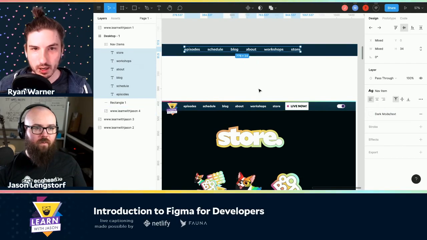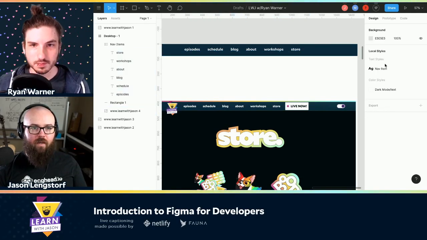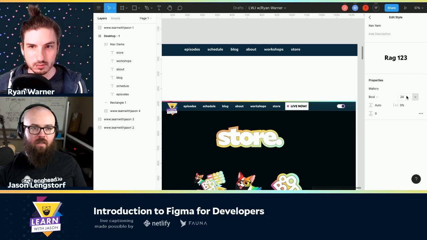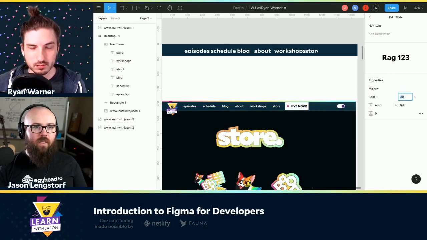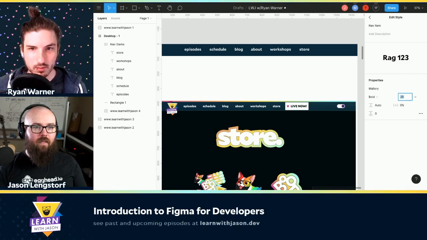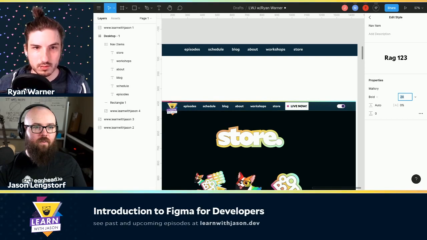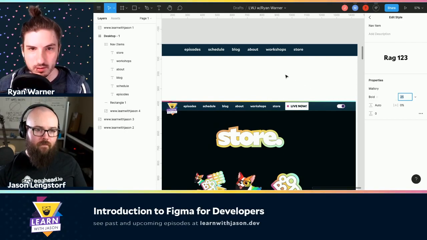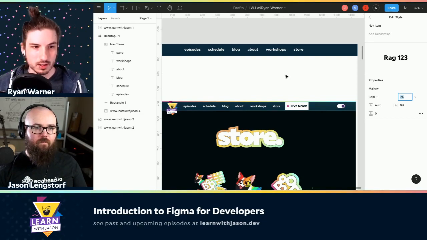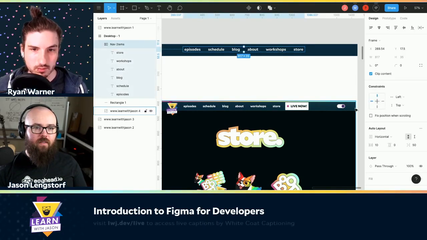So now if I go to my nav item and adjust it, they'll all, and look at that. It's updating my padding too. So the auto layout works with these styles. Exactly. So we still retain that consistent pixel padding, whatever it is, 30 or something, as the font size grows. That's amazing.